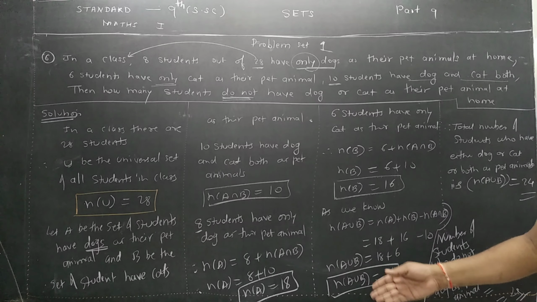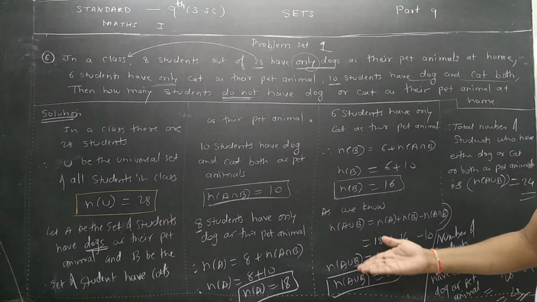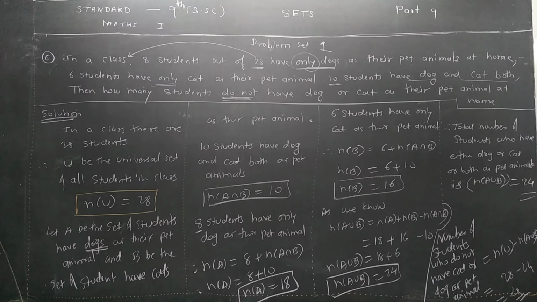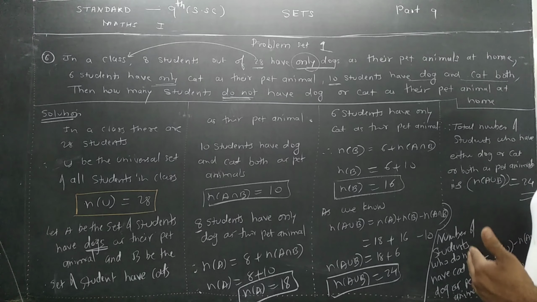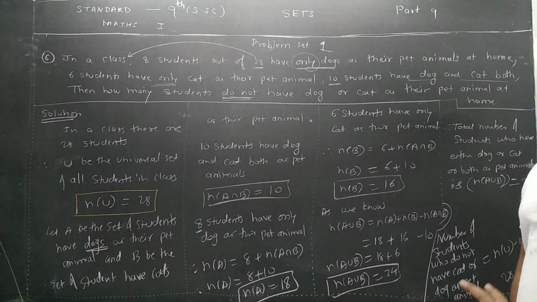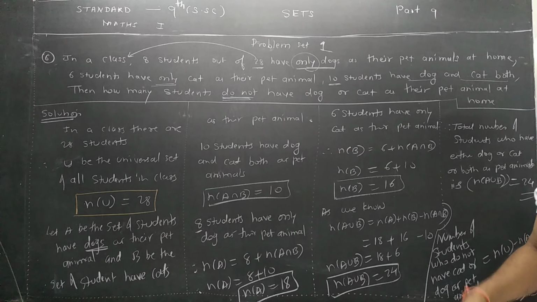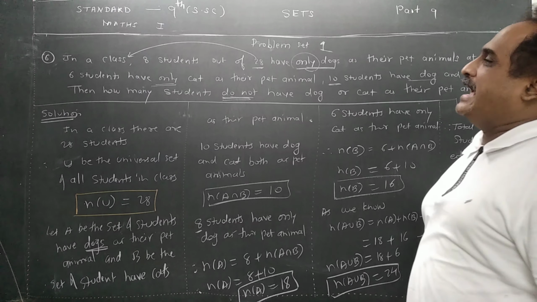What is that? The number of elements in A union B is equal to the number of elements in A plus the number of elements in B minus the number of elements in A intersection B. That we have studied. So it became more interesting. Then I told you that in this topic we have studied some questions which are related to your regular life. So this is again one of the applications, which are called applications of sets. In further studies we'll have more interesting questions when you study in 11th and 12th, but now it is one of the interesting questions of your 9th standard.